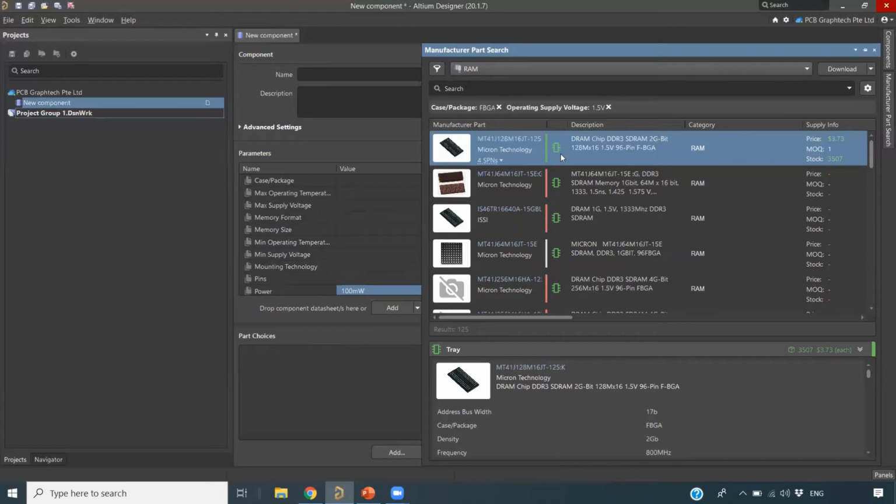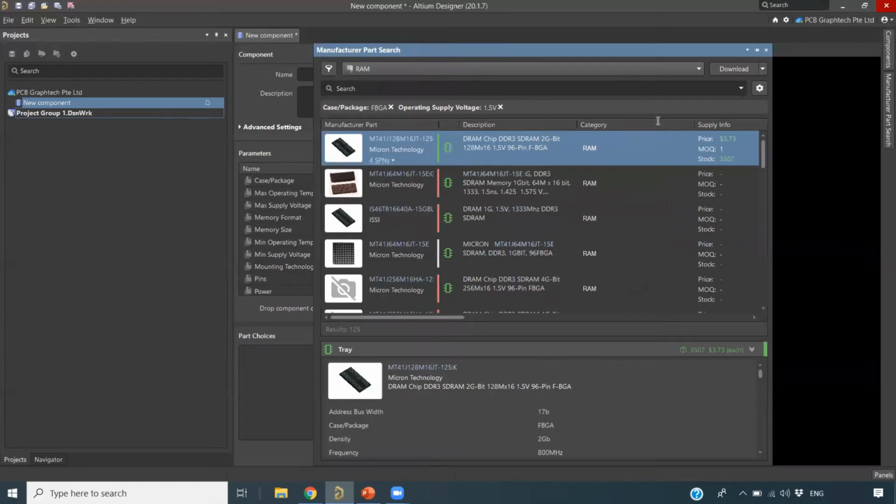Then you can see the component here with the model symbol. It means the components have their own models, which were given by our Altium developers to tell us that the models are available. Now I need to click on this component. I want to see the information of this component.